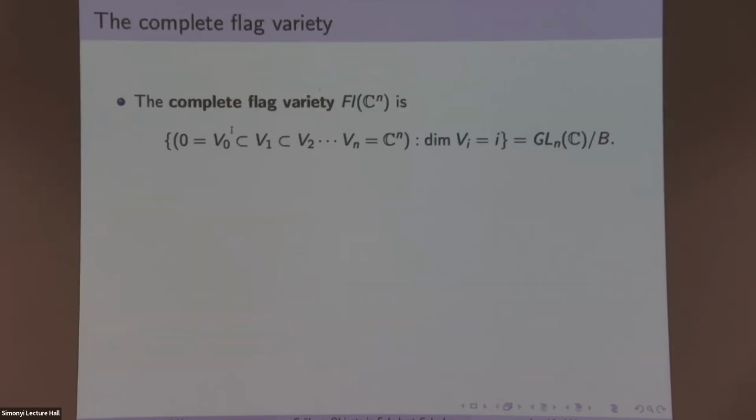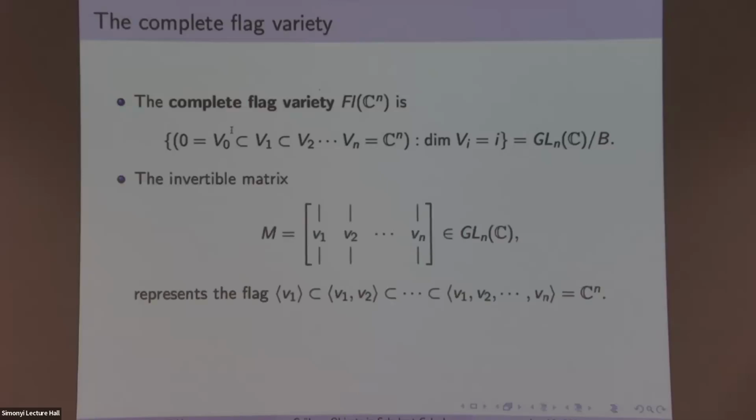So the modern formulation of Schubert calculus is through the language of algebraic varieties. In particular, here's an algebraic variety that packs a lot of these incidence relations of linear spaces. So for example, here's the central object, which is the complete flag variety in complex n-dimensional space. It consists of the set of nested chains of vector spaces, such that the ith vector space has to have dimension i. And this complete flag variety can be identified with the general linear group modded out by